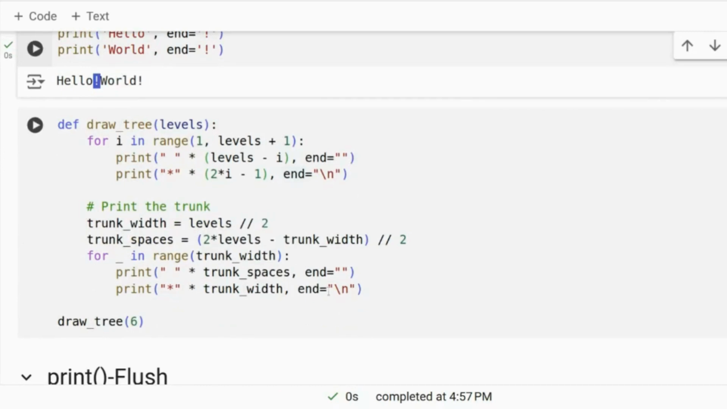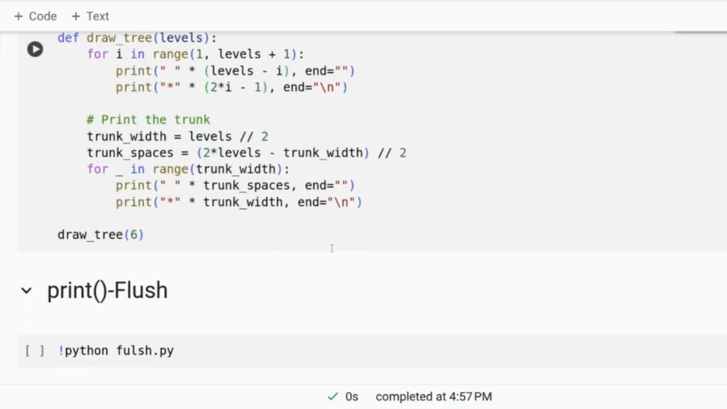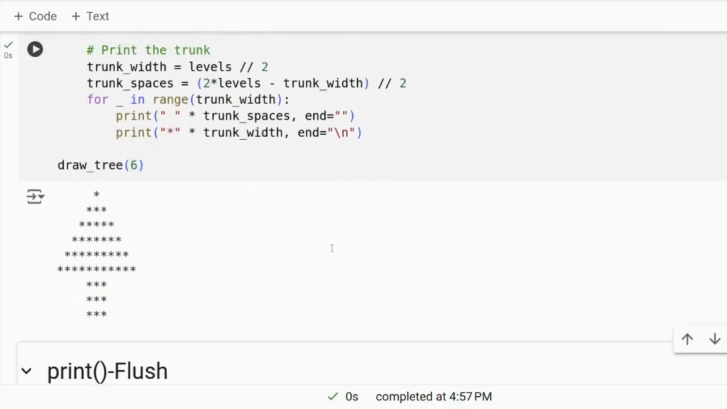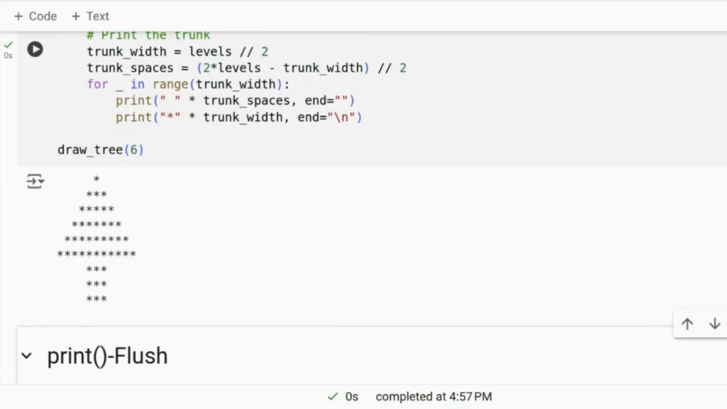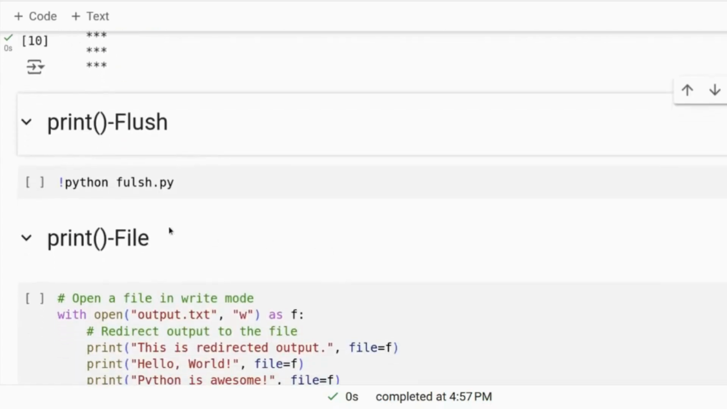For example, here with the help of this end argument, we print a tree at the output. So this could be one of the interesting parts of the print function. Another